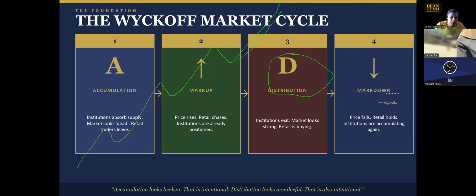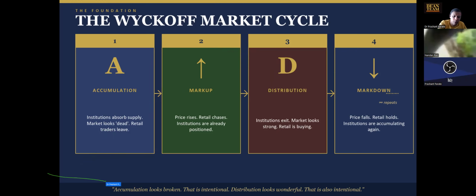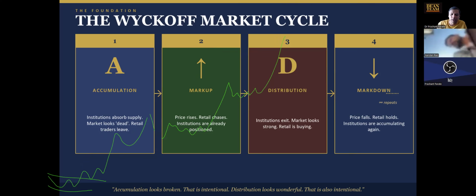So what happens in distribution is there is accumulation, markup phase, prices go up, create base, again markup, again base, again markup. After this kind of formation, prices go into excitement, there is a climatic up move. There is very good news, and people try to buy here on breakouts, whereas market makers or big institutes sell here at very good profits after buying earlier. So there is huge excitement and people buy. Like HDFC Bank, there was huge excitement when there was news of the merger of HDFC and HDFC Bank.